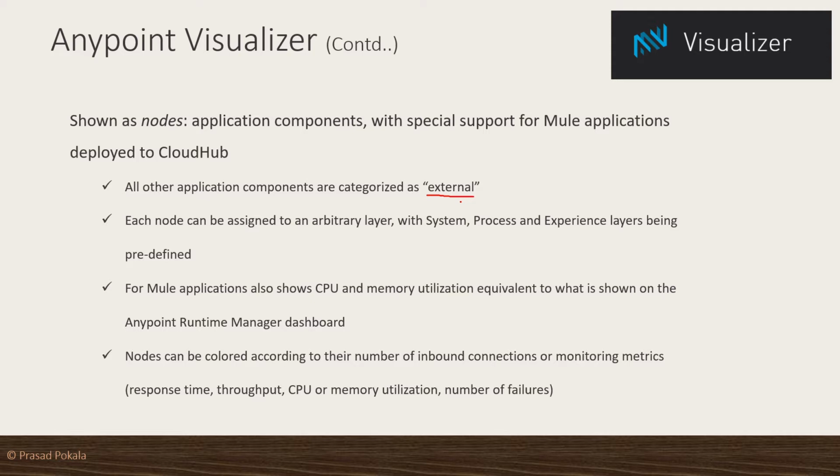After rendering this graph, the visualizer gives a feature that allows you to drag and assign each of those nodes to a particular layer.